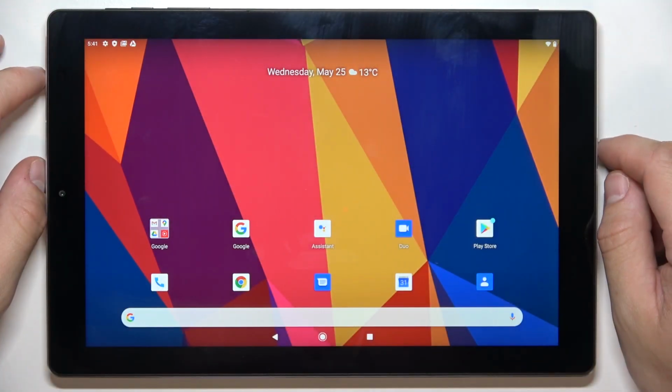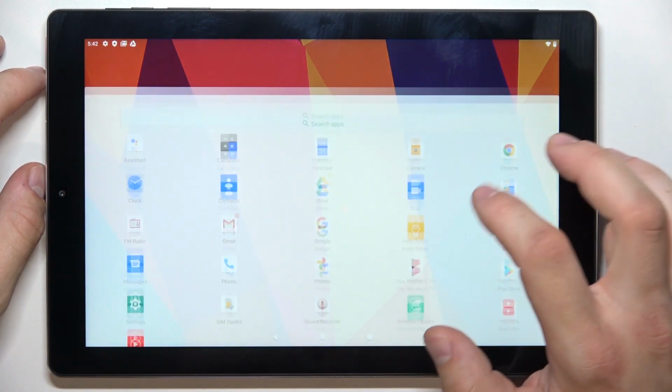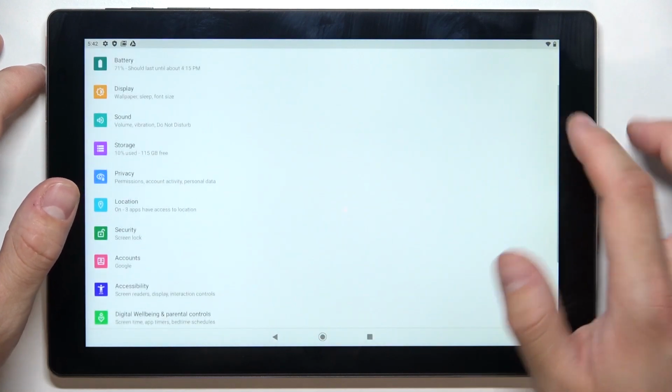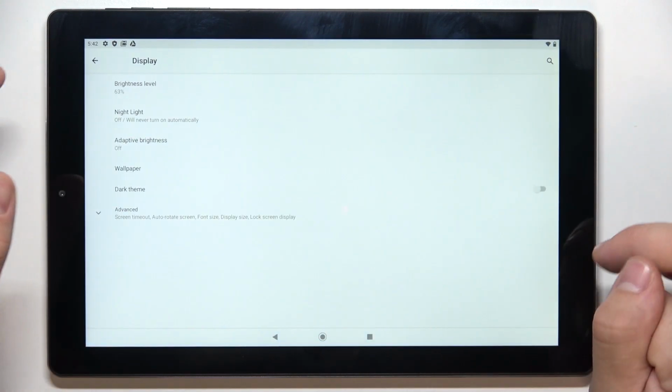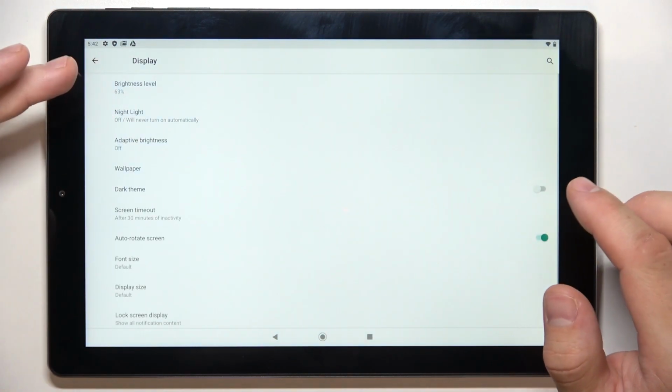Hello, in front of me I've got CHUWI HiPad X. In this video I'll show you how to find and manage display settings. In the beginning, let's go to Settings, enter Display, and as you can see right here, we've got all settings